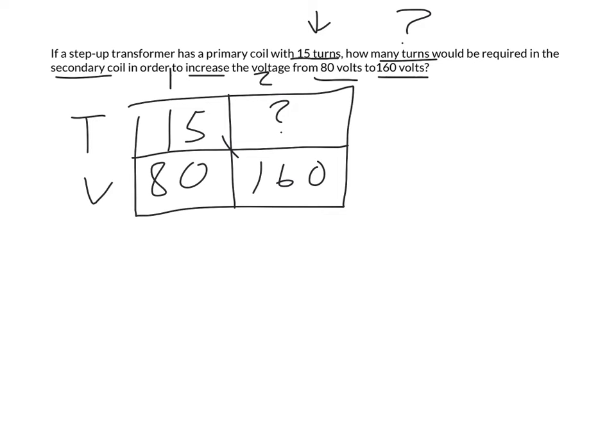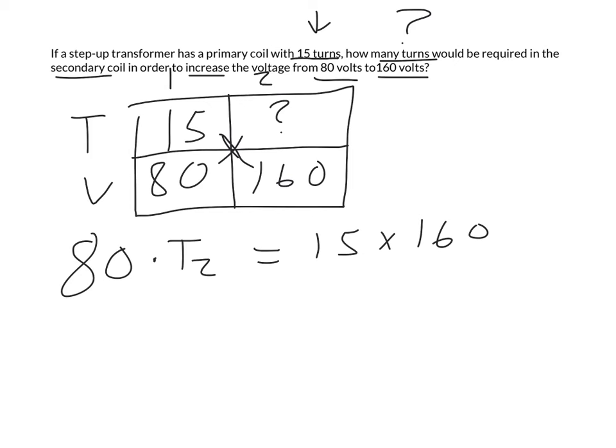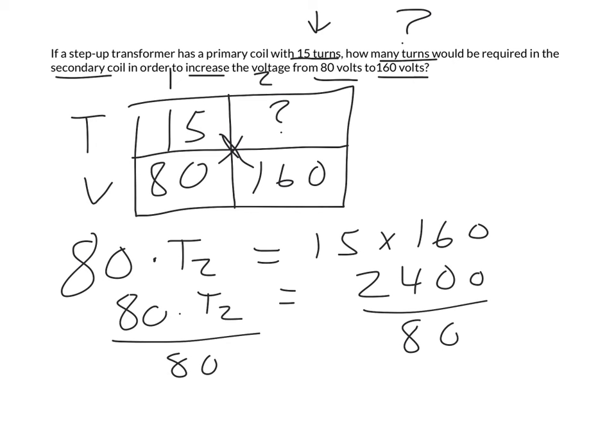So what we do is we just do a series of cross multiplication. We'll write it like so. This is 80 volts here, and we're multiplying that times T2, the number of turns in the secondary. That's going to be equal to these guys here, so 15 multiplied times 160. We multiply 15 times 160, that gives us 2,400, equal to 80 times T2. So in order to find T2, we just divide this side by 80. And T2 is going to equal 30